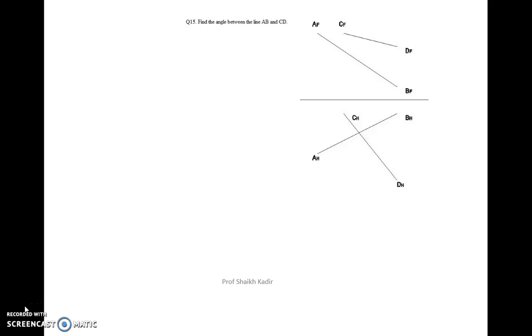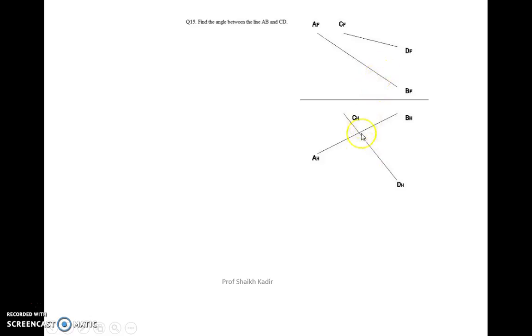Today we will see the problem on skew lines. As per the figure, CD and AB are the two lines and they are skew. We have to find out the true angle between these two, AB and CD. So to start, in these two views, front view and top view,